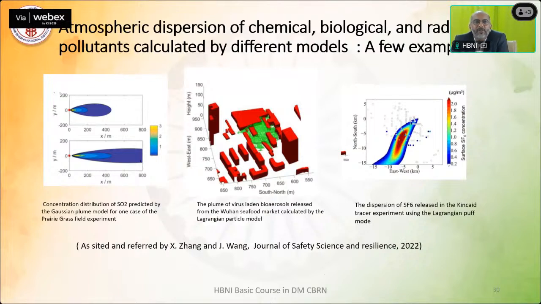So here you see a Gaussian plume model where the chemical dispersion is modeled, and you can see the Gaussian plume model gives a very gross estimate of how a point source is getting distributed, probably in a unidirectional way. Okay. So here, as I said, there are a lot of assumptions that we take in a Gaussian plume model